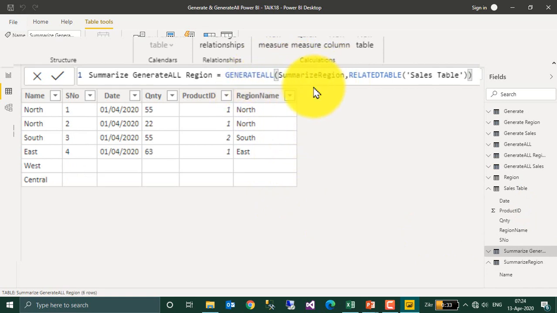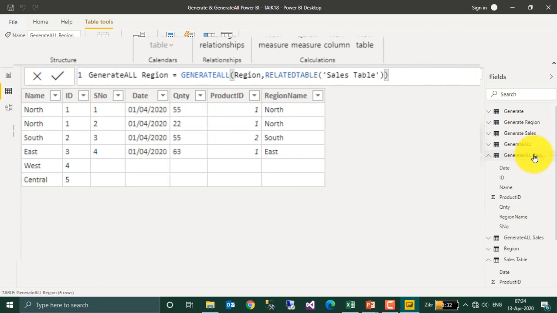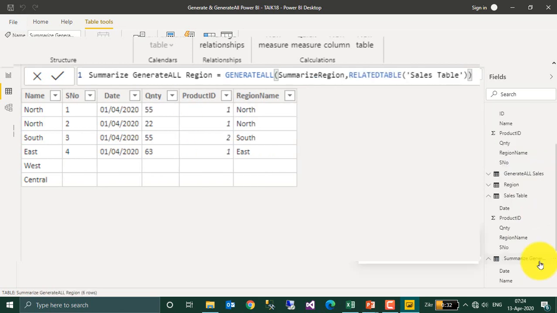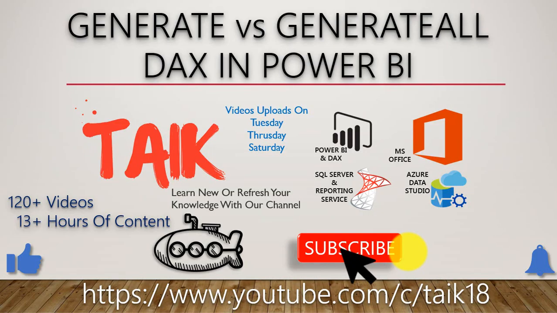Instead of table 1, I use the summarize DAX function. It will also return north, south, east, west and central, with the related sales table. And if you look at this one, summarize generate all versus generate all region, both of them are the same. So you can use group by or summarize DAX inside this generate all or generate DAX function. So these are the differences between the generate and generate all DAX functions.